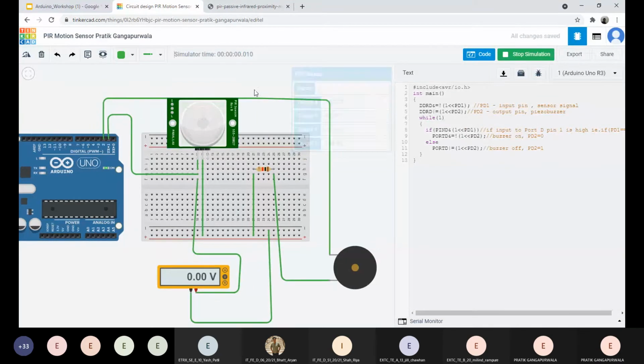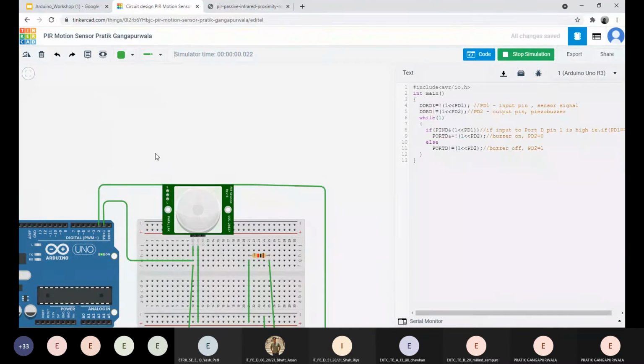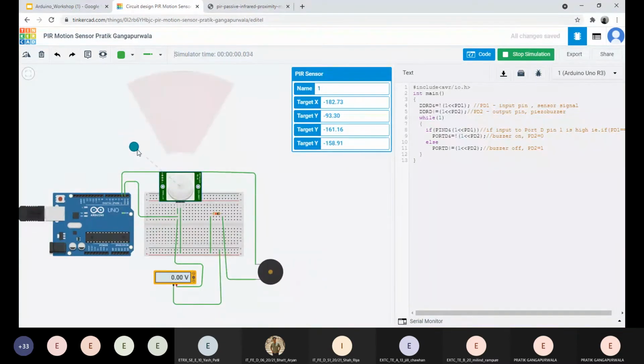As you can see now, the object, that is the target, is outside the area of the PIR motion sensor. But as it goes in there, there will be a sudden voltage start in there.